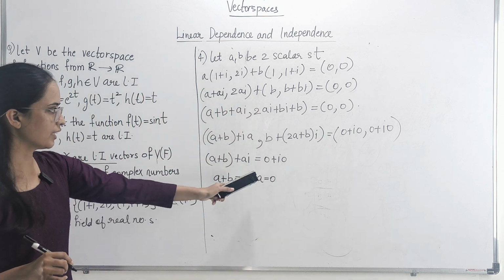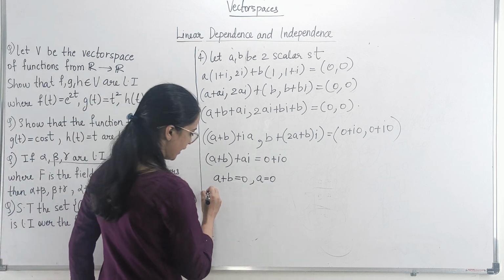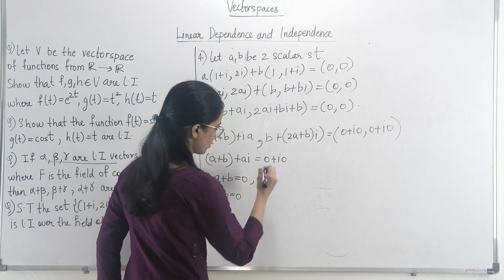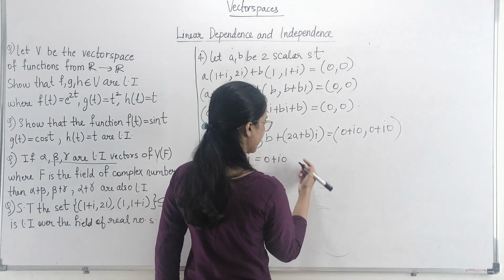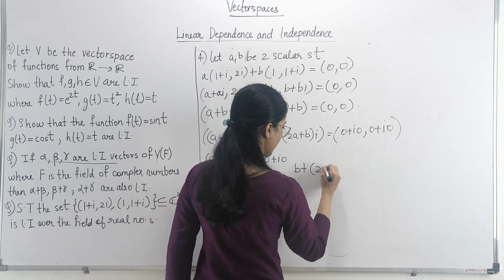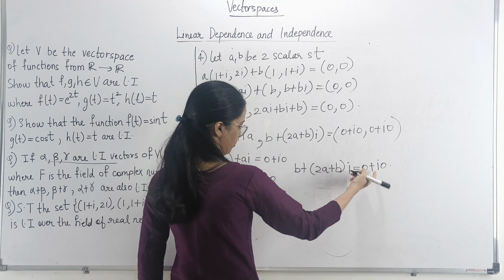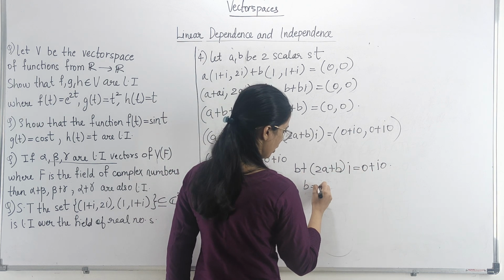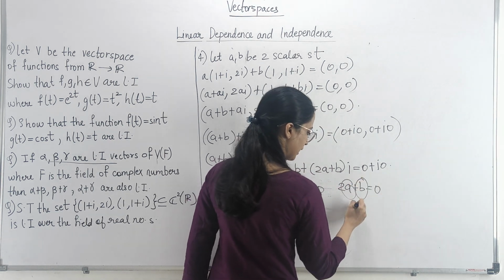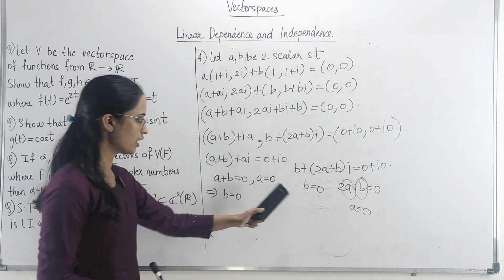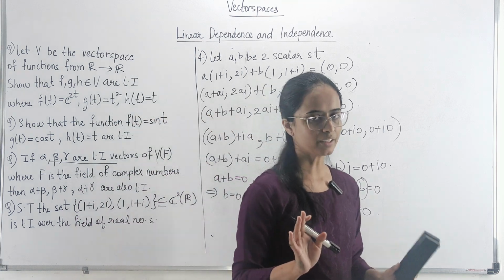So this is simple, that if I get a plus b equals to 0 and a equals to 0, then I can directly conclude that b is equal to 0. Similarly, if we look at this side then also it comes out the same. Like if you take b plus (2a plus b) into i equals to 0 plus i0. So the i part means b turns out to be equal to 0 and we get 2a plus b equals to 0. Since b is 0, ultimately a will also come out to be 0. So if you see, in both places we are getting the same values of a and b, and those values are nothing but 0 only.